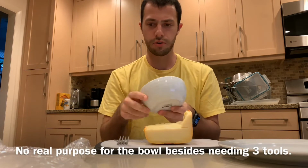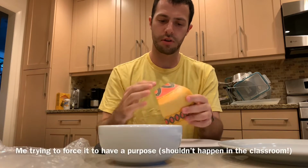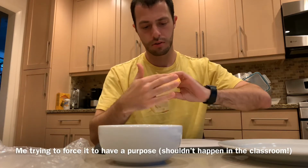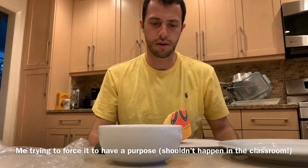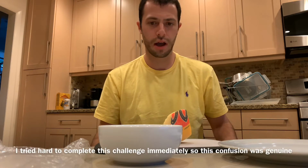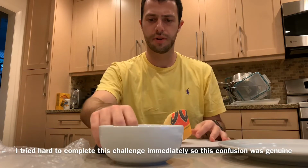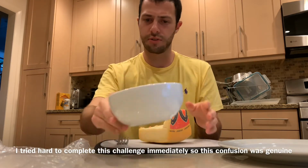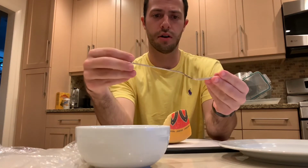Maybe I can use the bowl as kind of like a scrap spot to put all of the skin on the outside of the cheese, or maybe I can use the bowl as perhaps even a dip. If I was going to have like a cheese plate, I could put something else if I was trying to serve stuff in. I'm not really sure how the bowl is going to come in play, but more importantly, my weapon over here,